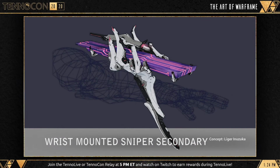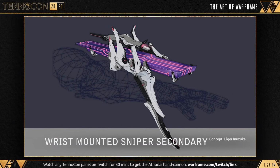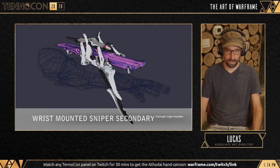It has a wrist-mounted setup. Sniper. Is there anything we can expect from it in terms of sniper functionality? Wrist-mounted, yeah, sniper. So you can see the purple slab. This is kind of the clip, and when it's empty,